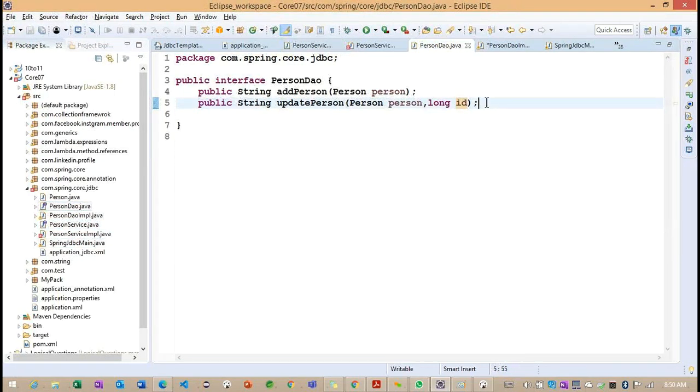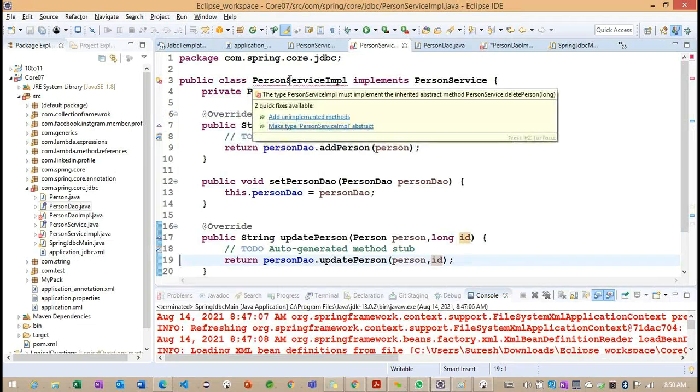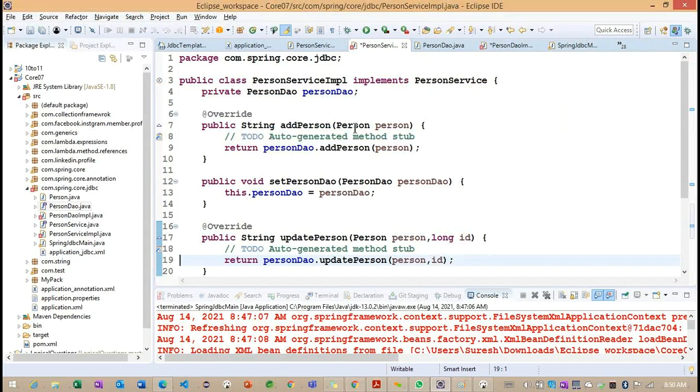Inside the person DAO also, I want to make a long ID and implement this in the service IMPL.